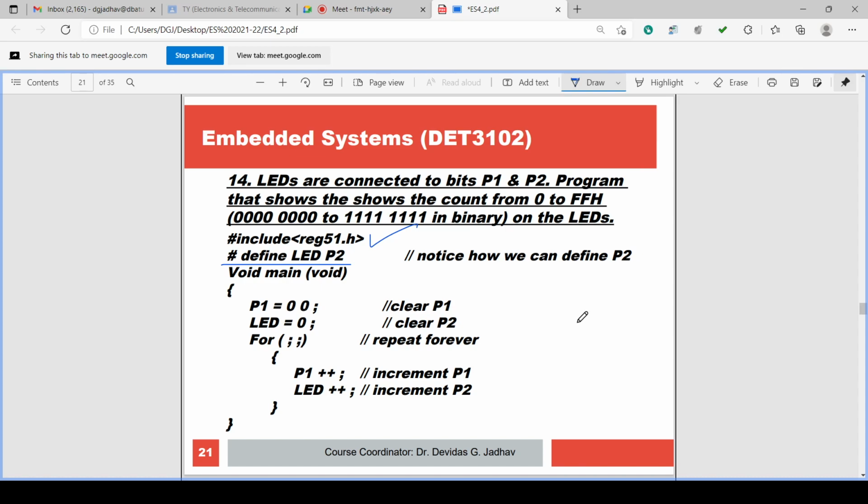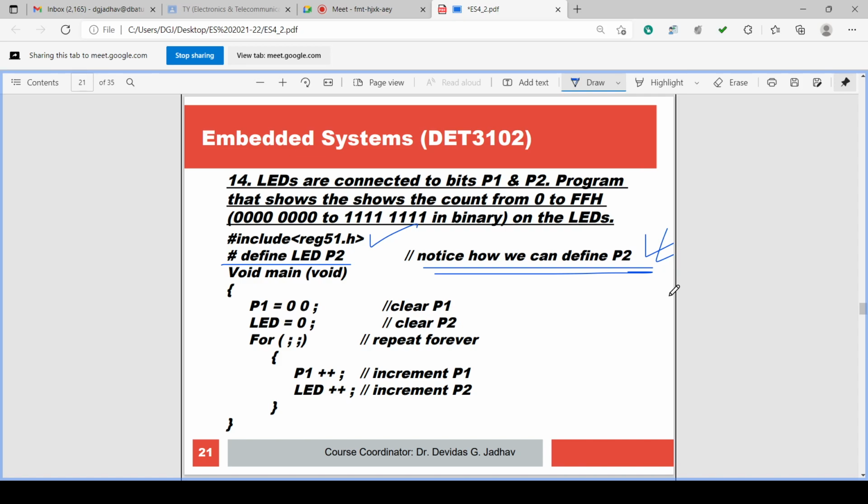LED is the name of a variable. We can define port P2 with some name. Notice how we can define P2: hash define LED P2. What we are doing here is giving the name LED to P2.